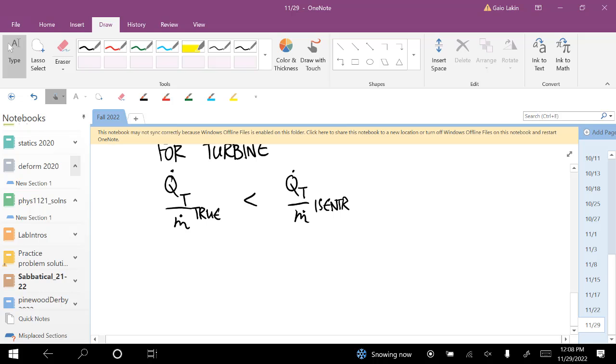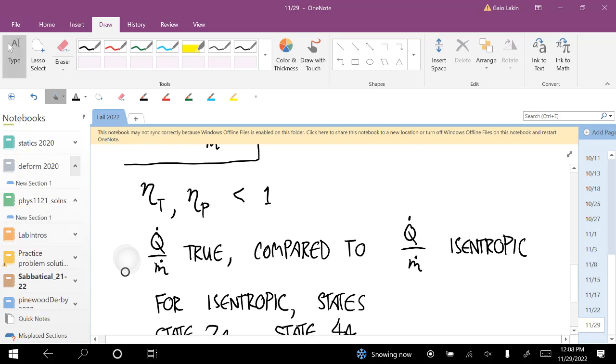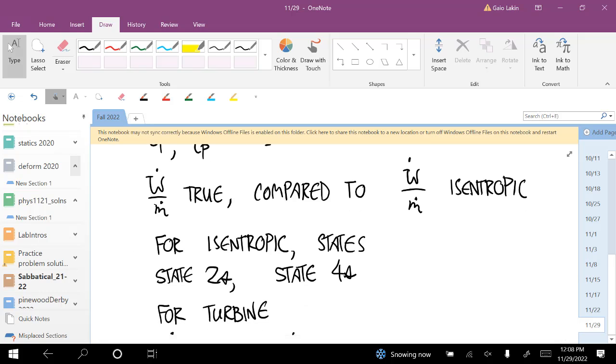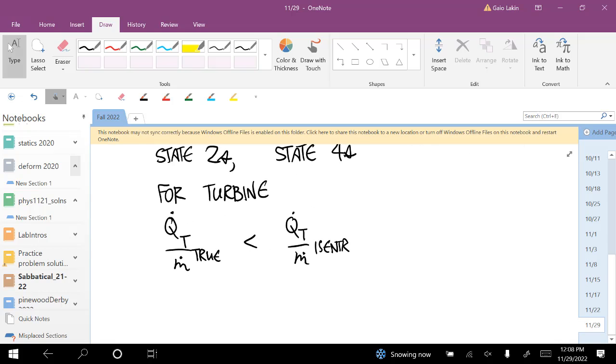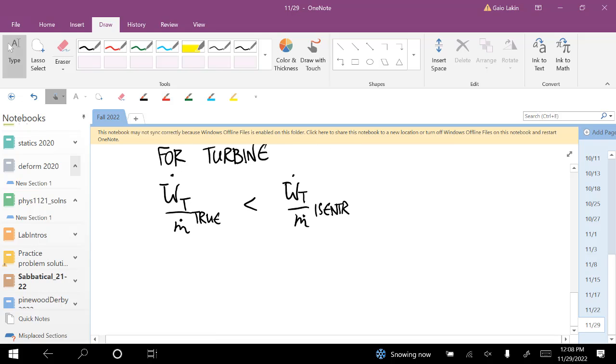For the pump, it's opposite. Damn it. These are not Q's, these are W's. So all those turbine and pump Q's that I wrote should be W dots. I mean, that's just what the turbine and the pump do. And so that tells you that